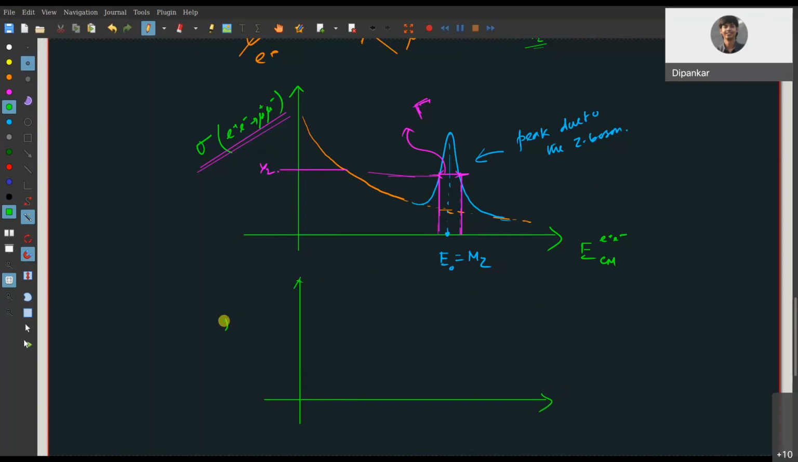Okay. So you will plot the number of mu plus mu minus events. Let's say the total mu plus mu minus events. You have to basically subtract the background as well. Now,